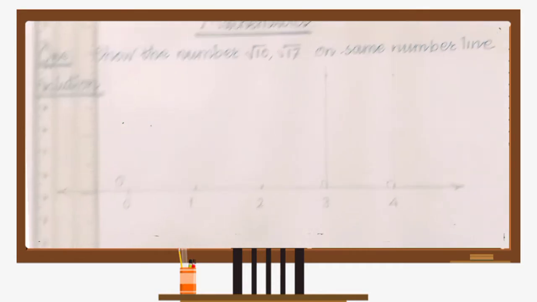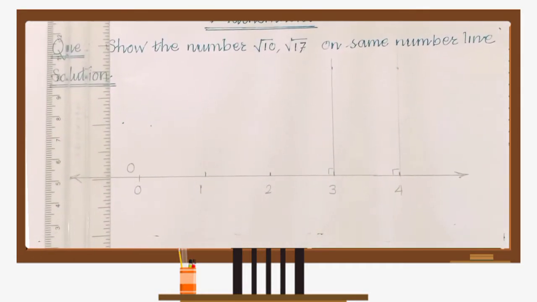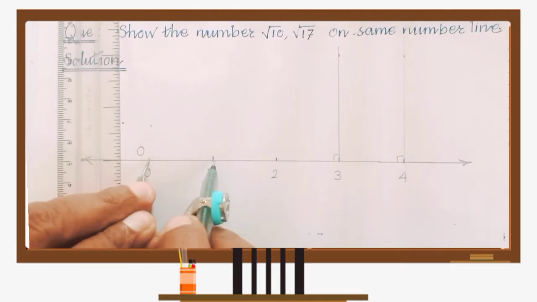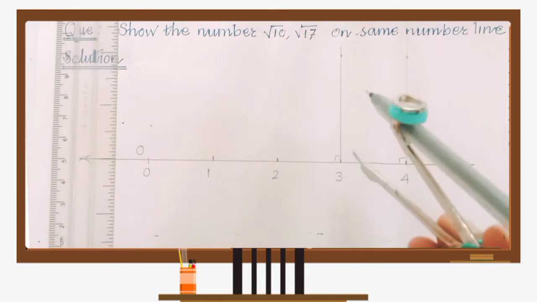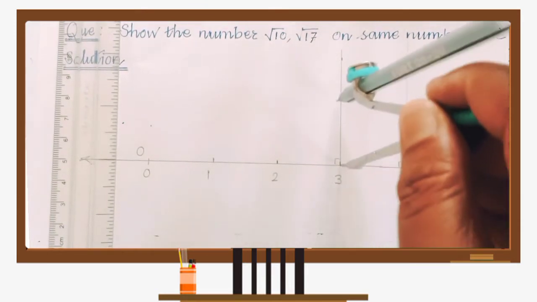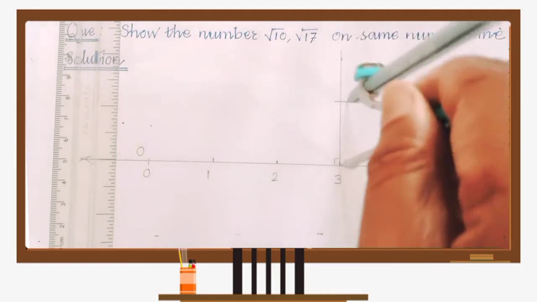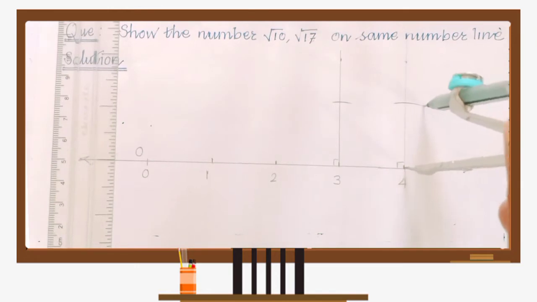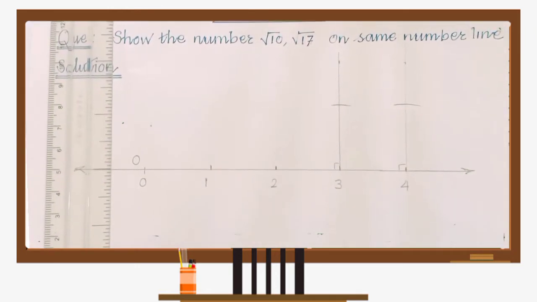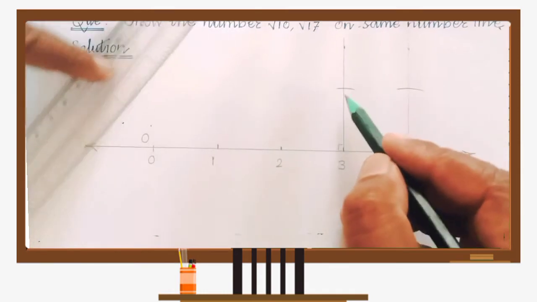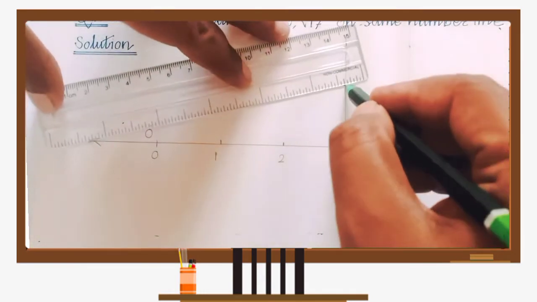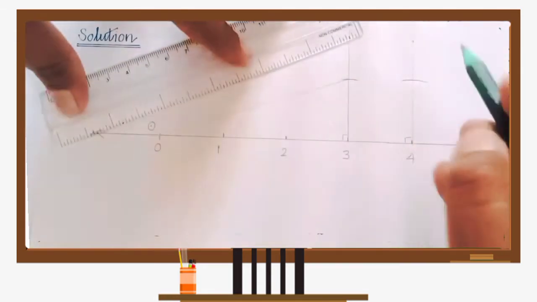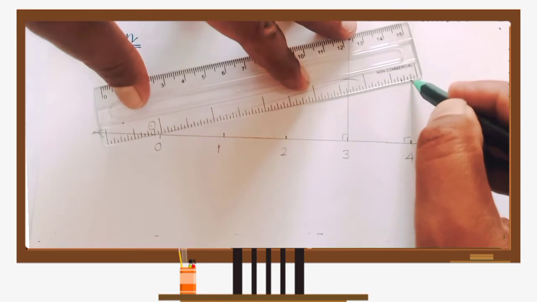Now after that you take a 1 unit distance. 1 unit distance आपको यहाँ लेना है, जितना हमने लिया था ये. Now with the help of this compass you mark here 1 unit distance. This is in this way, it is also in this way. Now after that you join this one and this one.